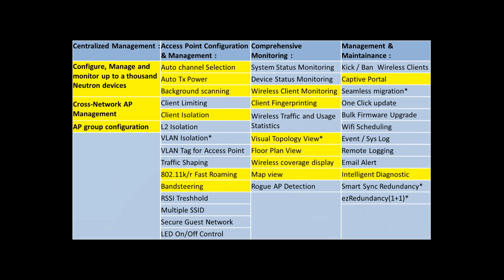So in general, if you talk about centralized management, it just means that our EZMaster can centralize, in a central place, the management of access points and monitor up to 1,000 Neutron devices. The main feature of the EZMaster is the cross-network AP management, so that means that I can manage more Neutron switches in different places, from different places. And